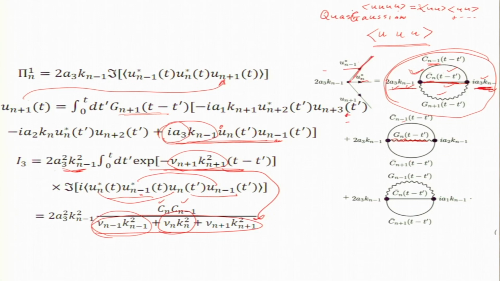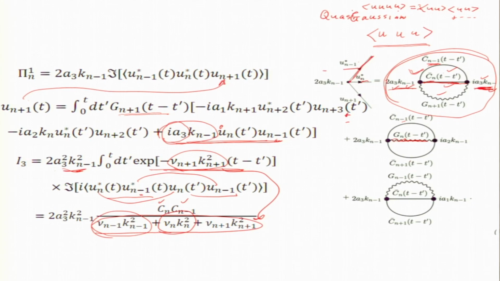Okay. And a 3 is a number, k n minus 1 is a number, everything is a number, except we do not know what C n and nu n minus 1 are, but I substitute the Kolmogorov formula. And for nu n, what I derived with RG. So, that is what I will do.